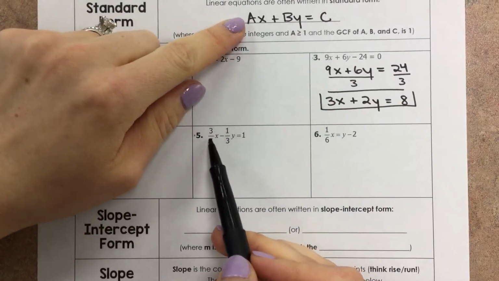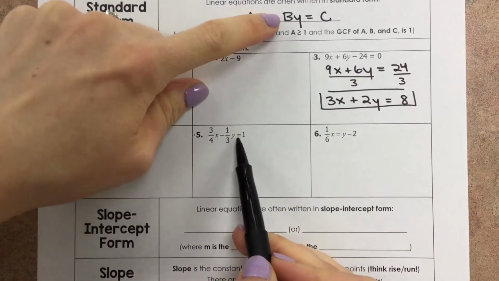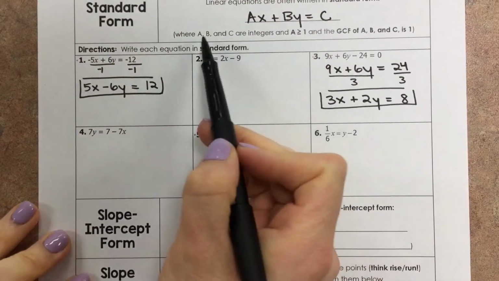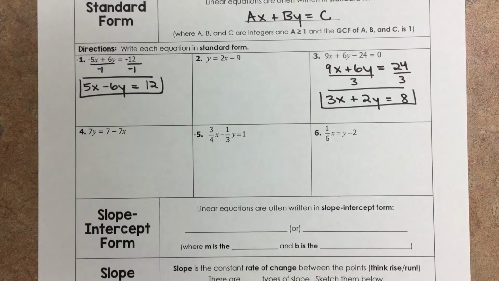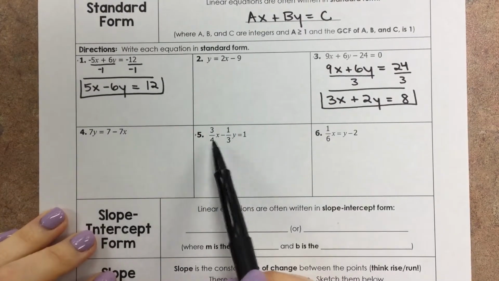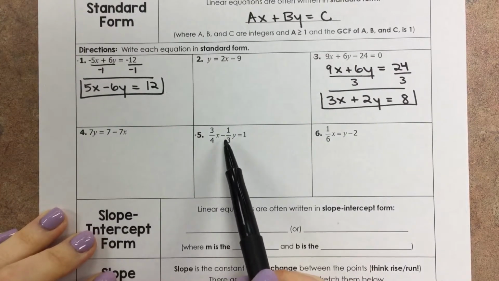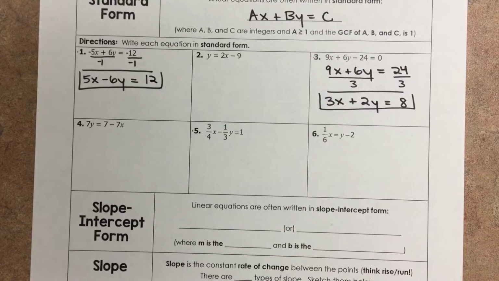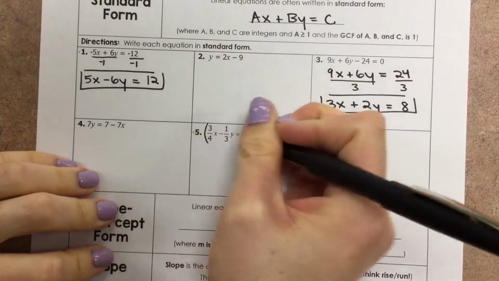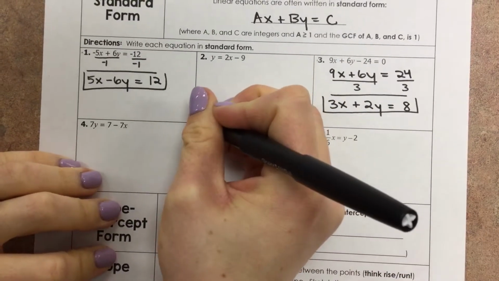So check the order. We've got ax, by equals c, that's good. First rule is supposed to have integers, and we don't. These are fractions. A and B are both fractions. So to clear out the fractions, what we're gonna do is take a look at the denominators. We have a 4 and a 3. So we're looking for our least common multiple that would cancel both of those out. So we're looking for a number that's both a multiple of 4 and a multiple of 3, and that would be 12. So we're gonna take both sides of the equation, left and right, and we're gonna multiply